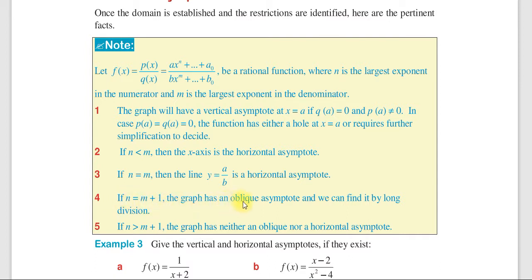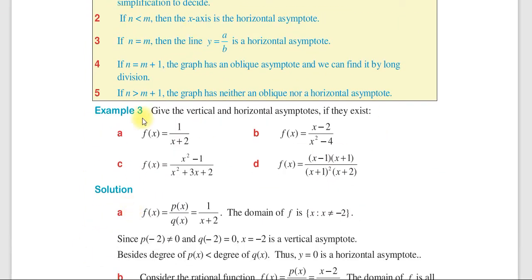አራተኛ if n which is equal to m plus 1 the graph has an oblique asymptote and we can find it by long division። okay የኑሜሬተሩ ኤክስፖኔንት ከዲኖሚኔተሩ ጋር ሲነጻጸር በአንድ ከበለጠ ማለት ነው ኦብሊክ አሲምፕቶት ይኖረናል ማለት ነው፣ ስለዚህ ሎንግ ዲቪዥን ያስፈልጋል። መጨረሻ ላይ ደግሞ if n greater than m plus 1፣ አሁን የላይኛው ፓወር ከስረኛው ከአንድና ከዛ በላይ ከበለጠ okay the graph has neither an oblique nor horizontal asymptote። ስለዚህ asymptote የሚባል ነገር አይኖረውም ይለናል።